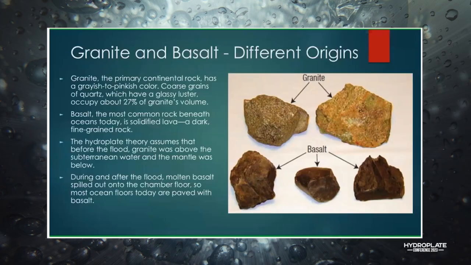And you'll see that we talked about the fact that as the Atlantic floor rose up and the Pacific basin basically subsided and was sucked up towards the inside of the Earth, it actually melted huge amounts of rock underneath the Earth's surface as there was huge shifting inside of the Earth, and it created massive amounts of magma that welled up and filled the floors of the ocean and created basalt. So that's why continental rock is so much different than what's below the ocean floors. And this molten basalt spilled onto the chamber floors and created the ocean floors that we see today.